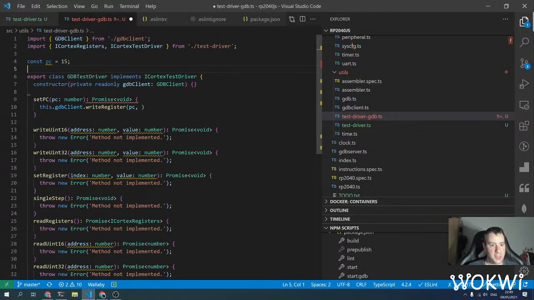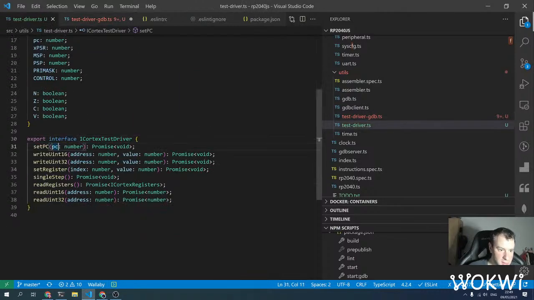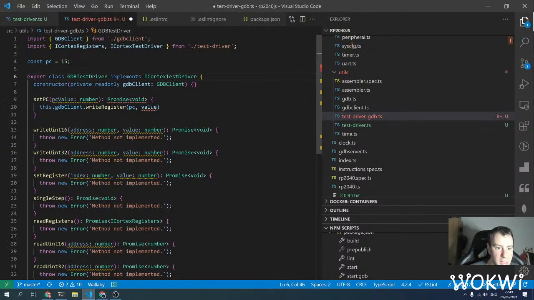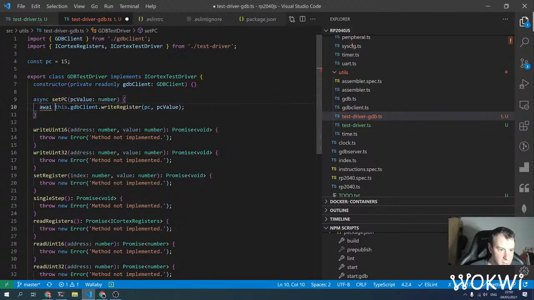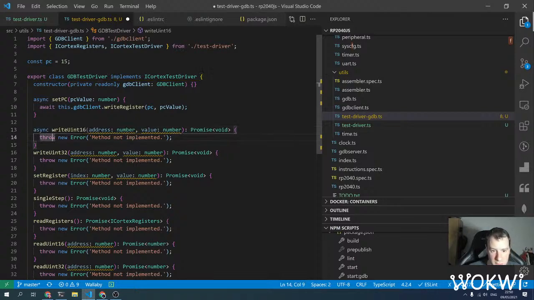Const PC equal 15, and let's call it, instead of PC here, PC value. Let's also make it the same in the interface. PC value. All right, and then so this gets PC value. Cool. And let's make this one async, and then await. Cool. And again async, and then just